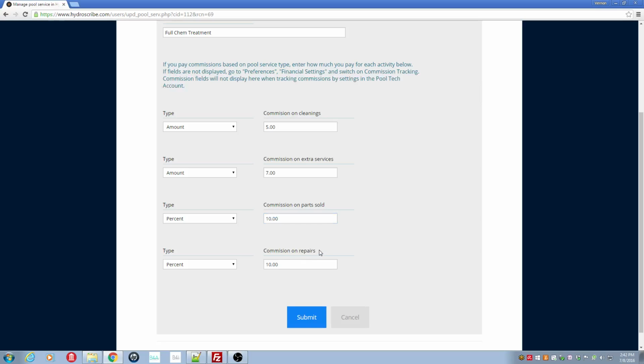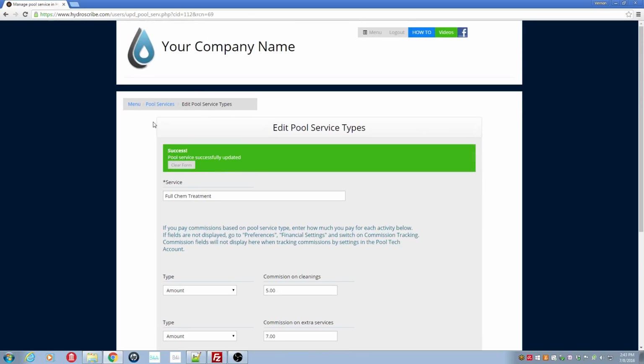Also, for repair work, I'm giving the pool tech 10% of how much I'm charging the customer for that repair job. Now that I've got those figures in there, I click the Submit button to save those settings. So now I've set up that